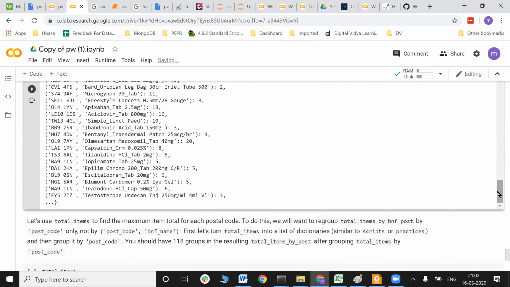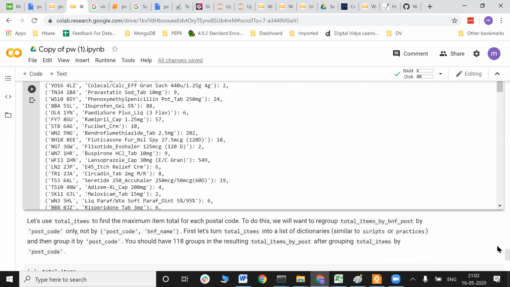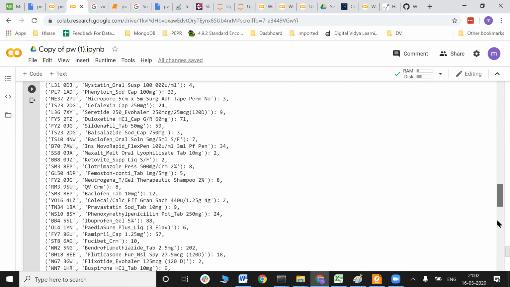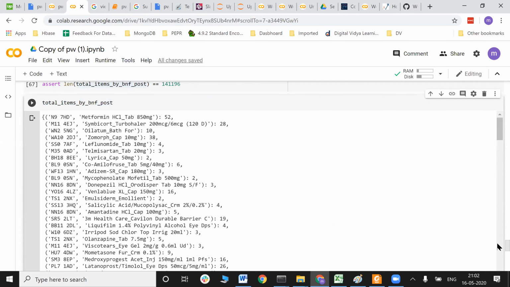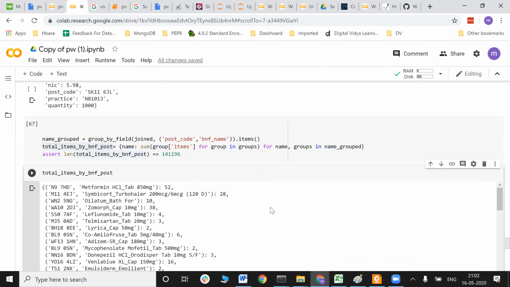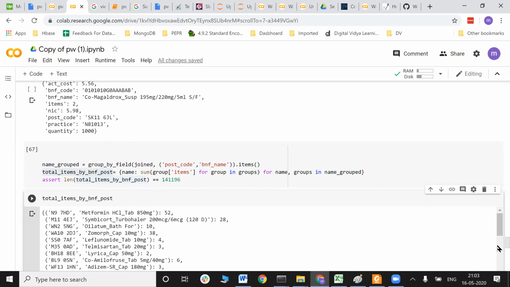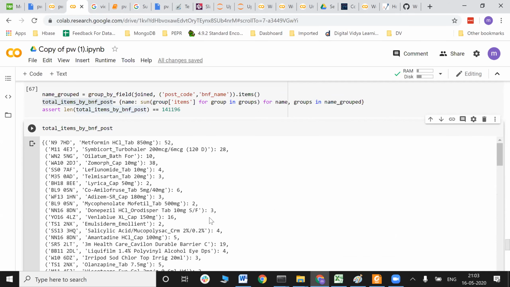I see. So it's quite like SQL, right? The method is similar. Yes, the group by method is similar. We have just created our own customized function to group by the values in Python. The syntax is different, but the logic is the same.